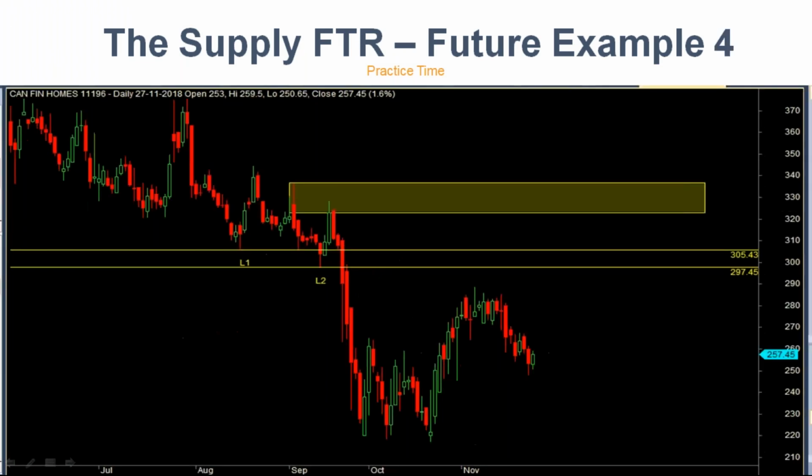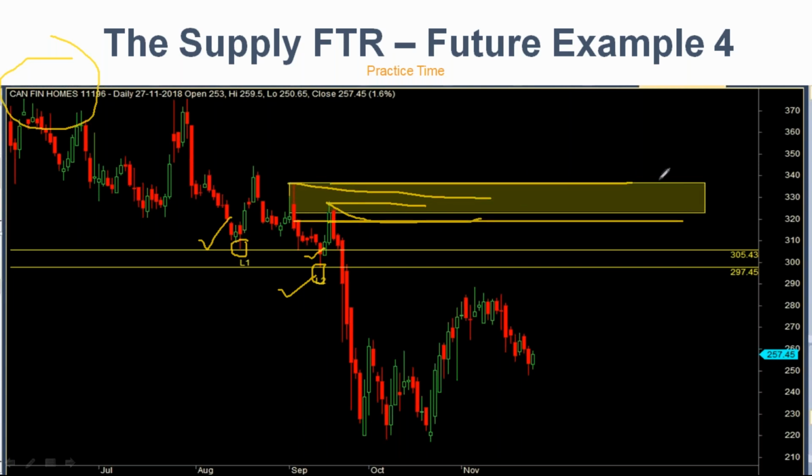Now, look at this example. Price support 1, low 1 is formed, low 1 is broken, low 2 is formed, price goes up and forms and falls lavishly. Canfin Homes. So now here, what is my zone? This is my zone. Oh, sorry. This is my zone. Okay, but there is a level over level, so I take the whole thing as my zone. The previous level, at least one level before.